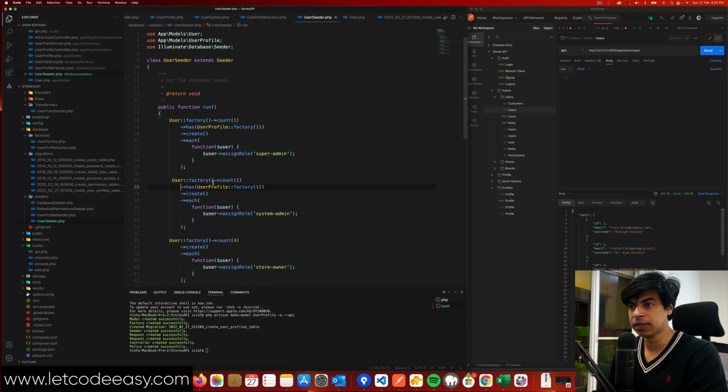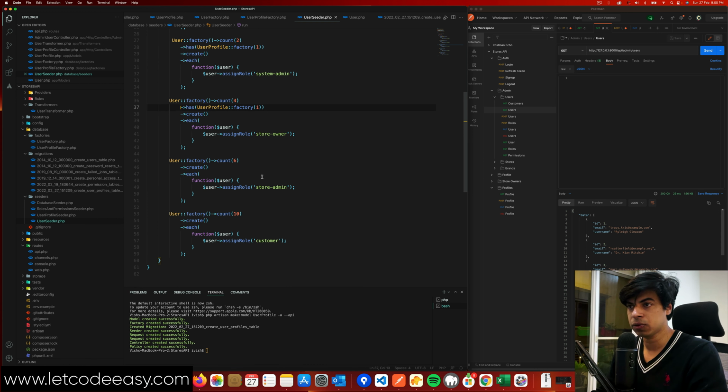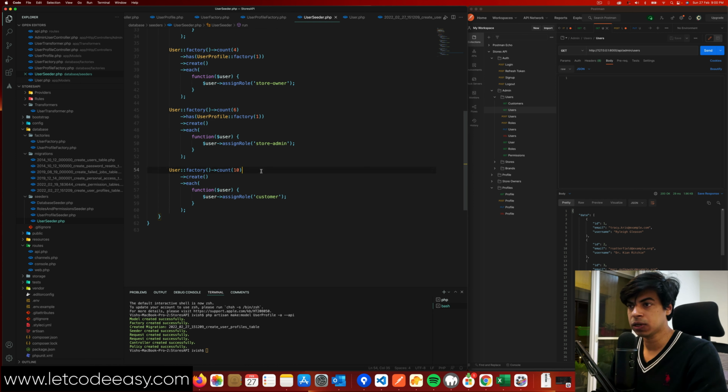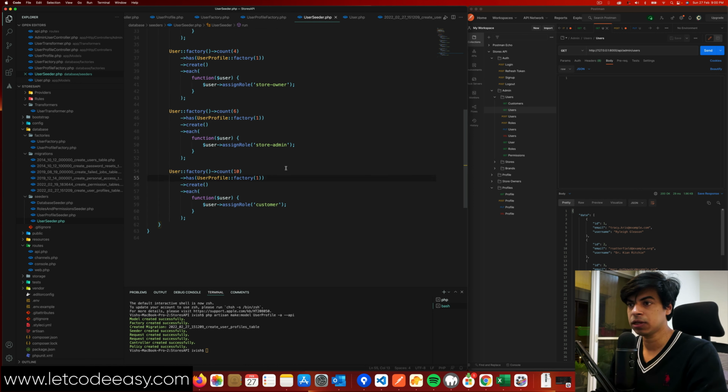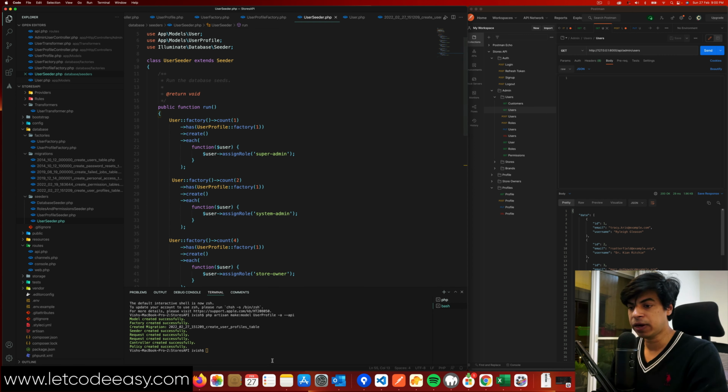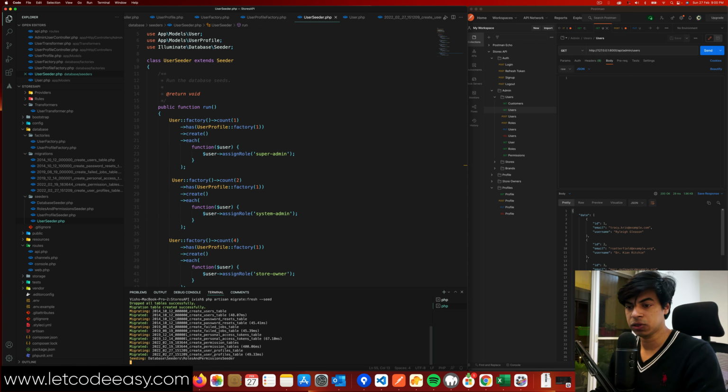So you'll see that getting created whenever this is happening. Similarly, I just need to point to those users so that we have an equal number of users and user profiles mapped correctly. So this is the change I'm doing. And then if I do a refresh, or a reseeding right now, let's do that. PHP artisan migrate fresh, and then if I do a seed, it's going to create all of those users again